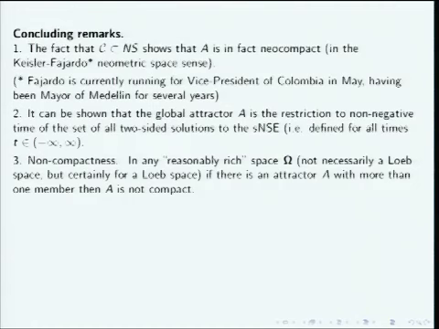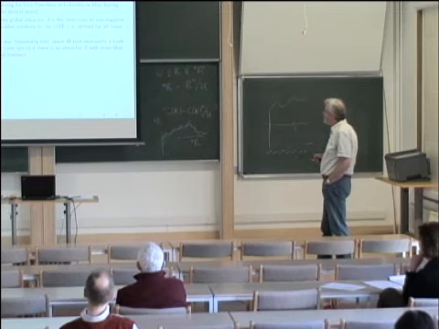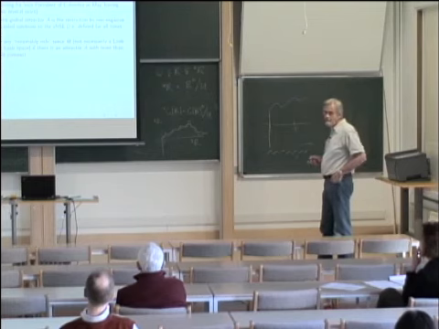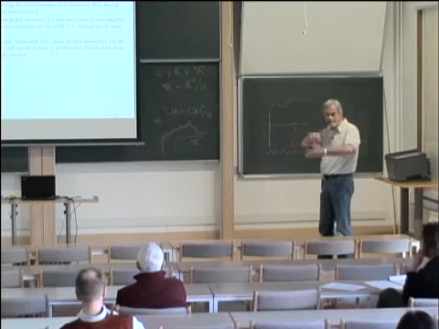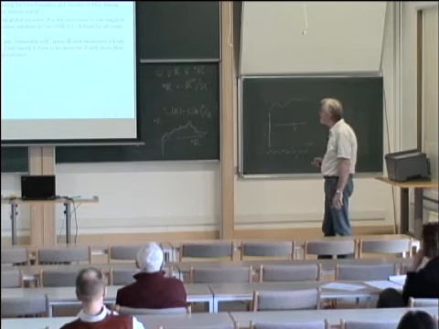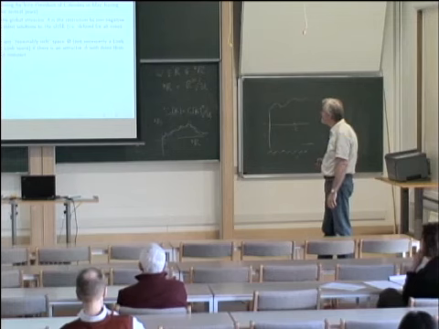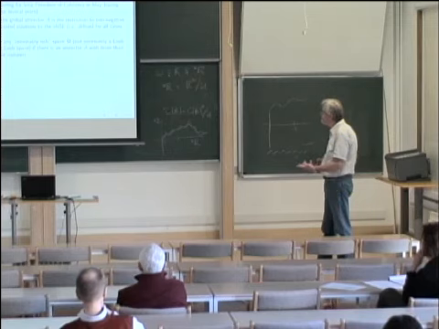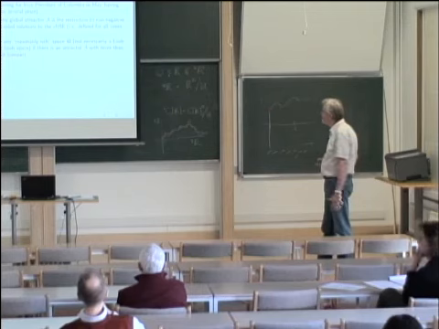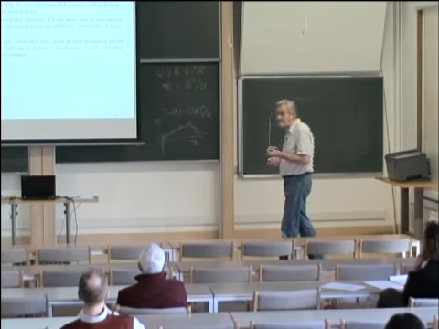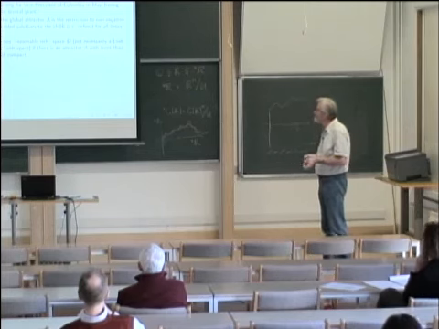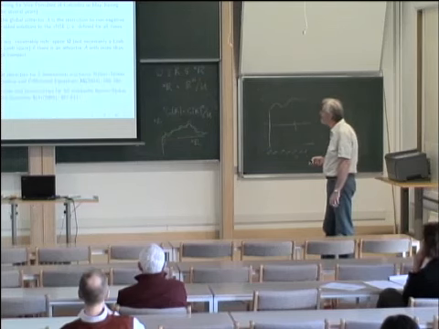And then finally, the non-compactness I was telling you about earlier. It's hard to define what we mean by reasonably rich, but the feeling is that any space which is rich enough to do all this sort of activity is going to be a space so rich that the attractor can't be compact. So you're forced back to this slightly weaker definition of neocompact, which actually seems to capture exactly what we can get. And then a couple of references.